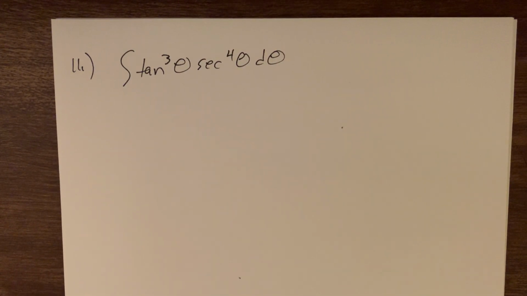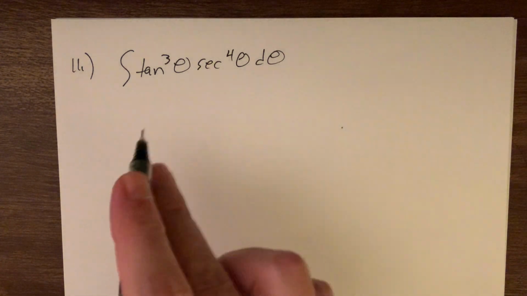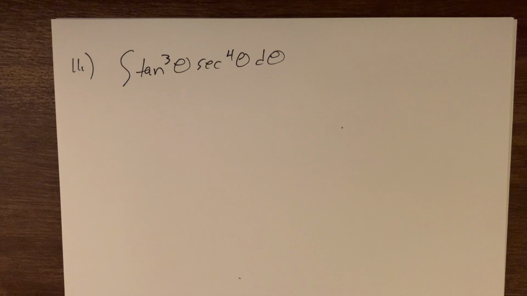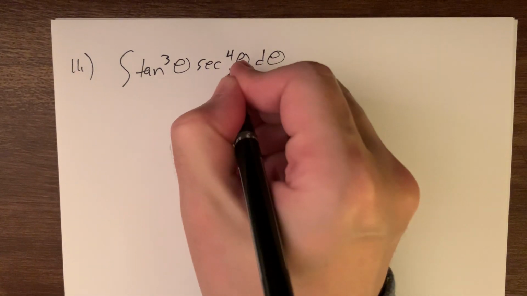Now we've got to manipulate more. Because now, and this is where starting to think ahead is nice. The very beginning, we pointed out that, actually, I'll show you both of these, because this, again, can work pretty nicely in either direction, but you've got to start manipulating. Maybe you could start to think in your head a little bit, well, if u is tangent, du is secant squared, and that might motivate you